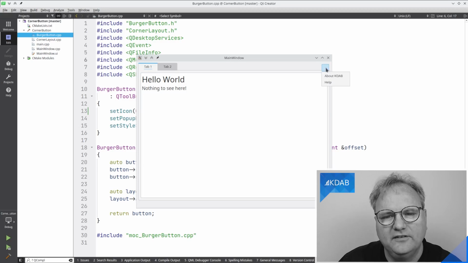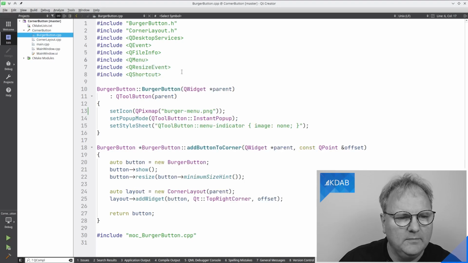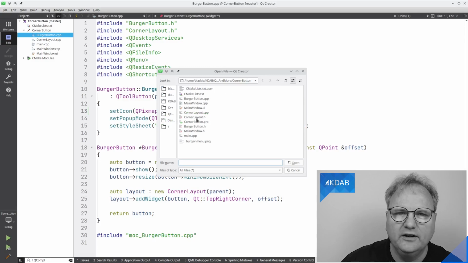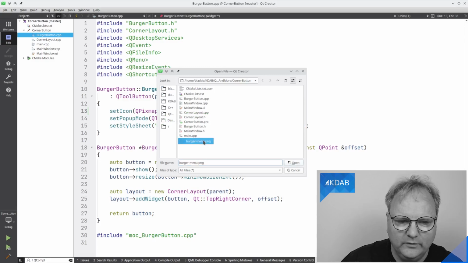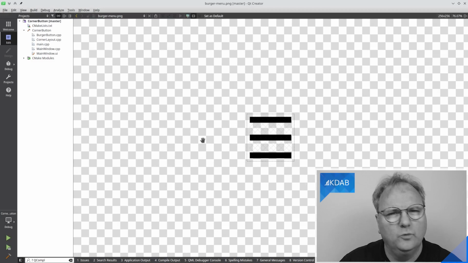It obviously still works, but the three bars indicating the burger menu are not there anymore. If I look in my binary, you can see I set the icon to be this burger menu.png, and I can even, inside of my Qt Creator here, open the file, and we can see, well, there is my burger menu. So why did it not show up?